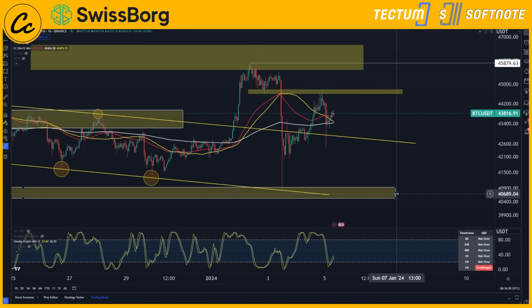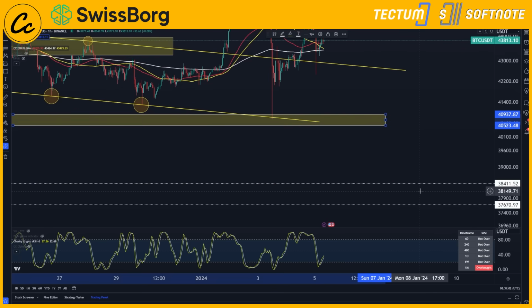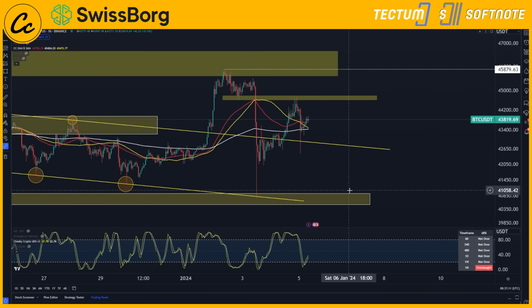looking at testing the existing lows that we had previously just down here at the 40,523 to 40,937. Once we finish off completing these structures, we'll be in a stronger position for a bounce to the upside, but I suspect it's still not likely to pierce up higher than what we've already seen, and with our potential moves now looking more likely to see further to the downside.